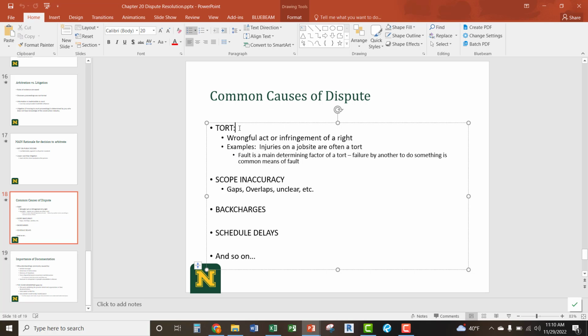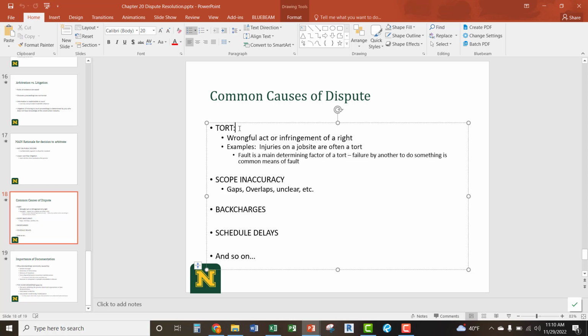Torts not as much, but a lot of that can come up with safety, and it can be tied back to scheduling, right? If you have the wrong people in the wrong places at the wrong times, then you might be overloading some parts of your project and just setting yourself up for failure, potential damage to property or whatever that might be, or injury, right? Because if you have an unclean site and an overcrowded site, injuries are more likely to happen. So